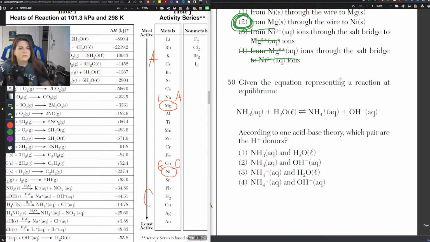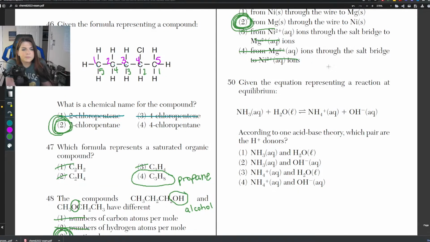Okay, 50. Given the equation representing a reaction at equilibrium, according to one acid-base theory, which pair are H+ donors? Whoop. Okay, we have to look at the before and after. That's really all a chemical reaction is: a before and after. We have a before, we have a chemical reaction, and we have the after. NH3 is going to become NH4+, and it's going to gain a proton. So it is going to accept the proton. And if it is going to accept the proton,